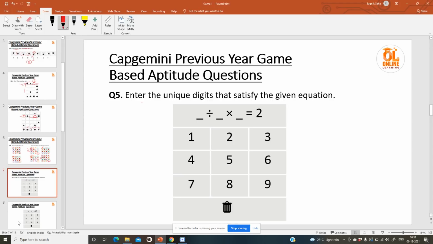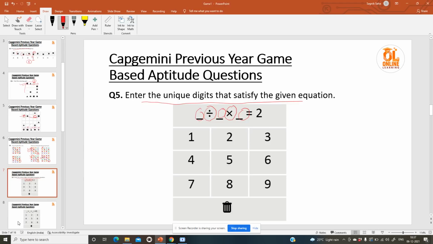These questions are also very common and very easy, but what matters is time. So you have to quickly analyze what can be your answer. A divide portion is there, a cross portion is there. In the exam, you have to select the numbers and the numbers will be put in these areas. By chance, if you make any mistake, you can delete it by clicking this button. So you have three blank portions and the answer will be 2.